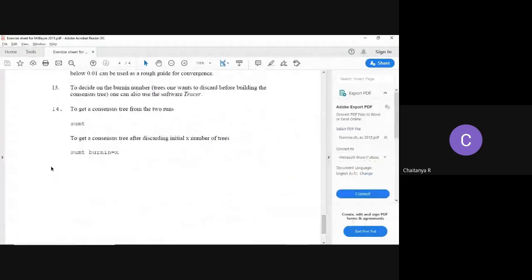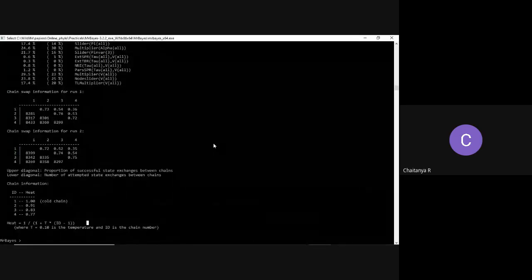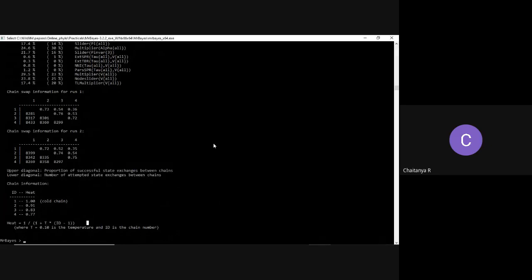So sumt burnin equals x, where x is the initial number of trees that have to be discarded. Okay, so what is 20% of what? We ran the chains for 50,000 generations, sampling every 1,000 generations, which means each chain is giving us 50 trees. That's it, right? Now, what is 20% of 50? 10. So what I'll do is I'll say sumt burnin equals 10, I press enter,